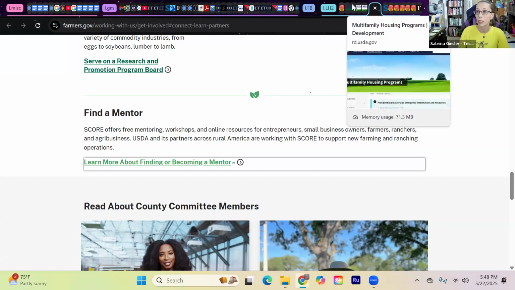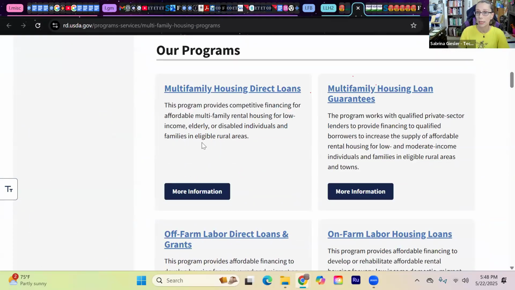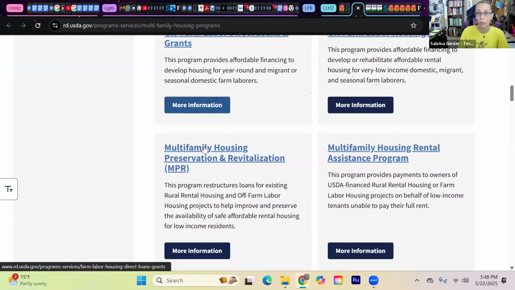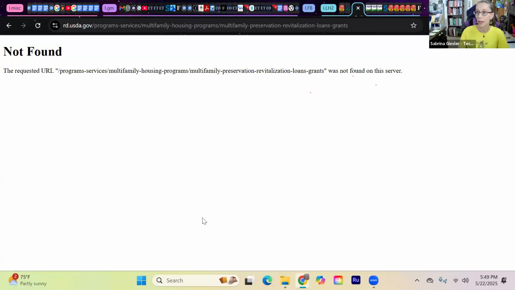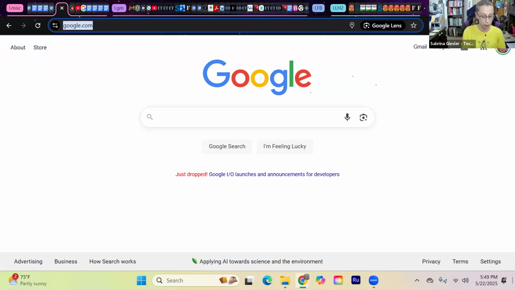And let me just go here. Now we've done this. You've got this link. And let's look at the multi-housing preservation and revitalization. The others seem to be more geared towards loans, which, oh, and it's not. That's what I'm saying. They're rebuilding everything. So that one isn't ready yet. We'll see what comes of it. Best to contact them. So then what we do, folks, is we go to our search and we want to